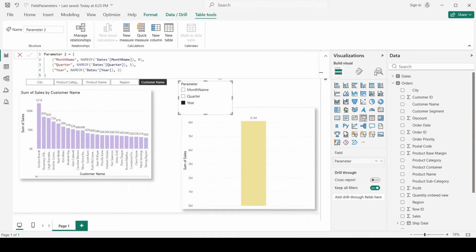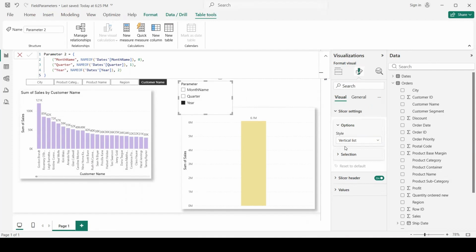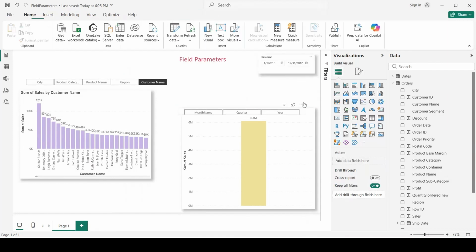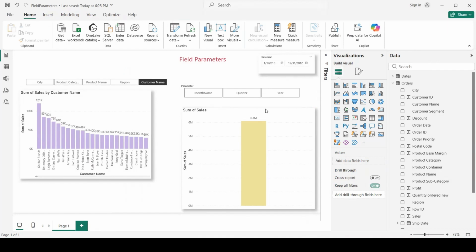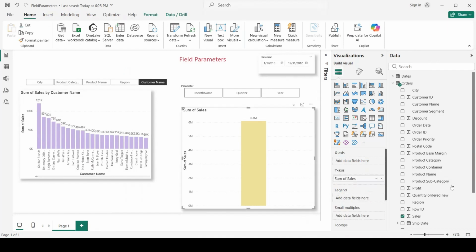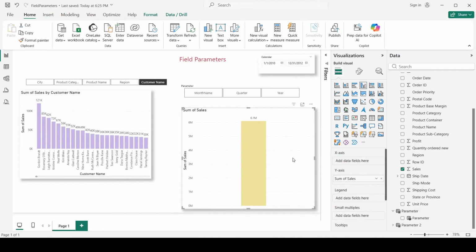And same, we can just transform this in a tile so that it looks like a button. And now we just need to add the second parameter in our graph on x-axis.